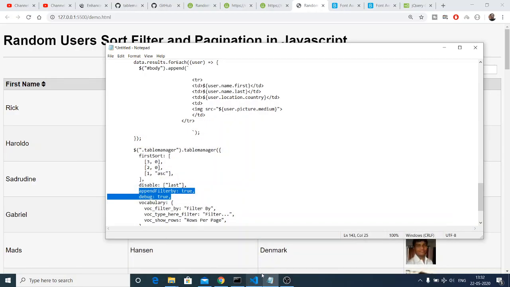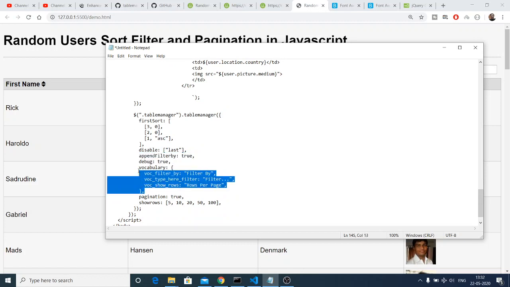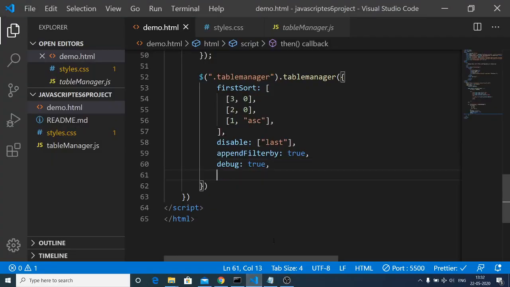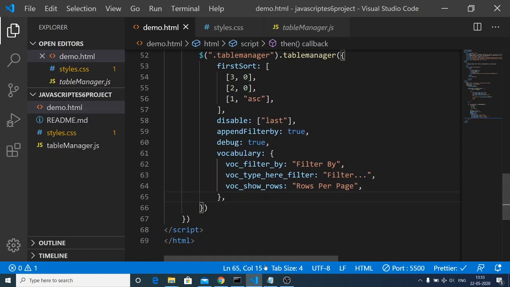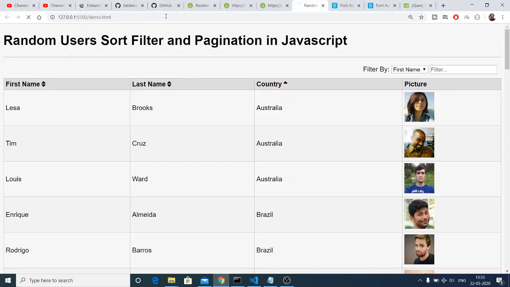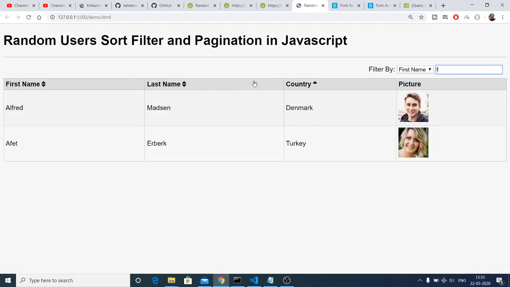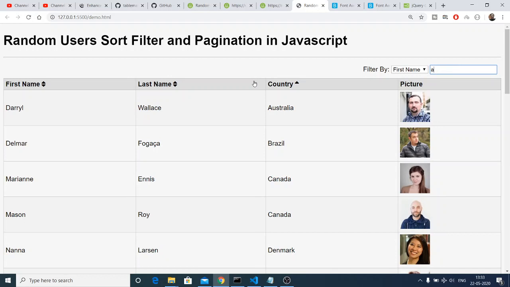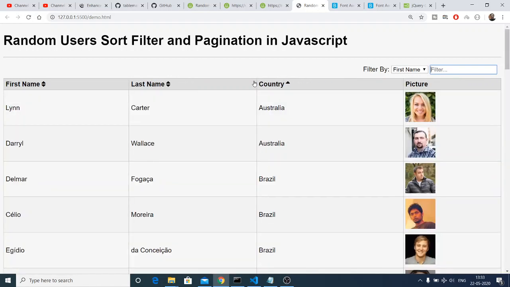The next option is the filtering option, and how many rows that you want to put on one page. So this is there inside the vocabulary property, and you can see that. So just pause the video and write this. And now if I refresh the application, you will see these three options will appear on the top of the screen. You can select first name, and now you can filter out specific users by their name, alphabetical order. You can see that real-time search is there.